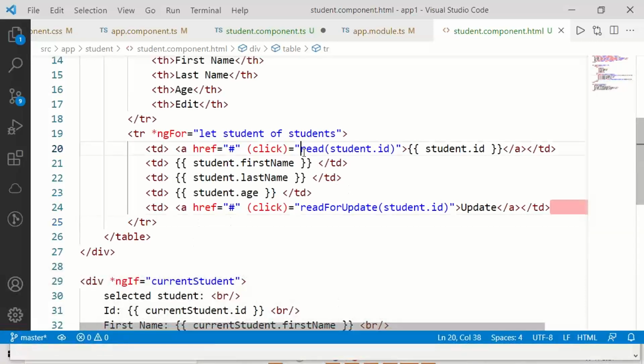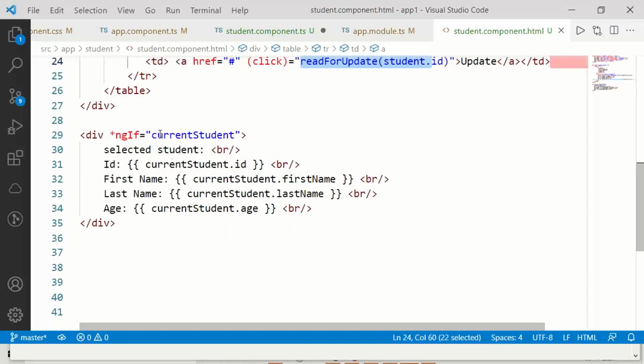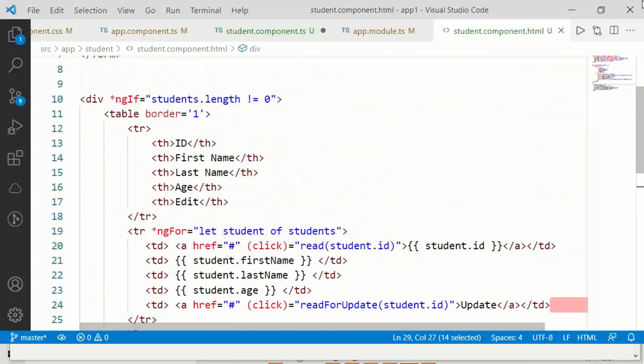So to read one student, read for updation purpose. If you want to read one student, current student.